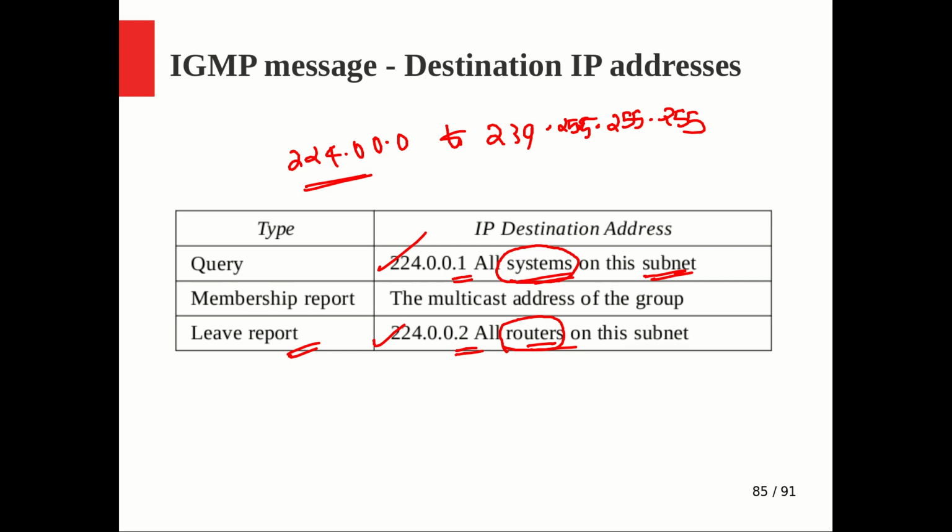Similarly for the first one. What about the membership report message? That is generated by a host, and it is saying that I want to be part of this particular group. That is the meaning. Also, as a reply to the general query that is periodically generated, it says that I still want to continue with the group. I am still interested in it. So that is the meaning for the first interest, as well as when someone is asking, are you still interested? Yes, I am still interested. In both ways this membership report is used.